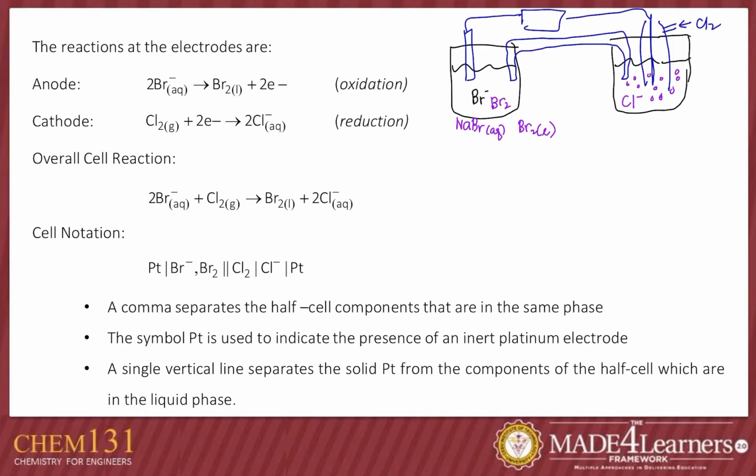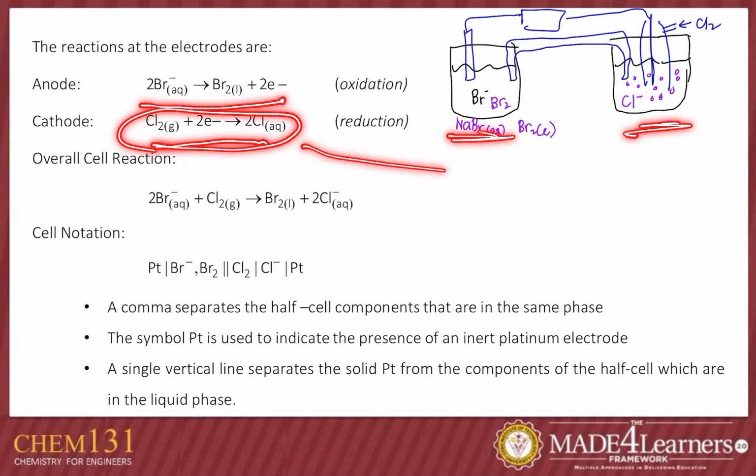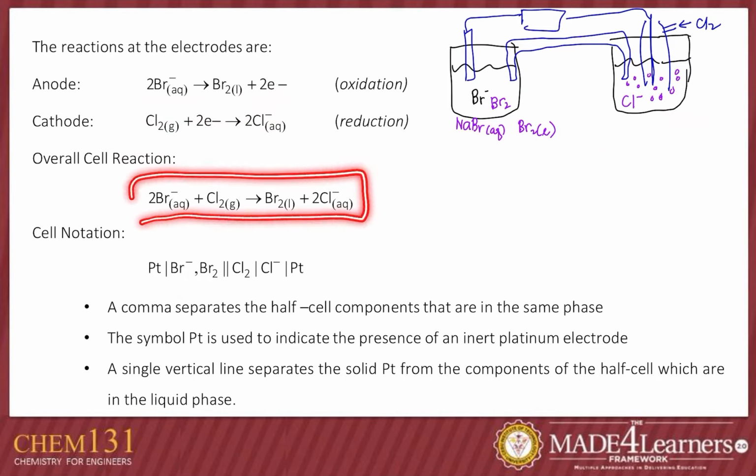Okay. So therefore, the reaction on the left side is this one, and then the reaction on the right side is this. Kani reaction diri sa right side. And then adding the two, so we will get the overall cell reaction. So instead of writing this, instead of drawing this cell, galvanic cell, we can just write the